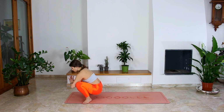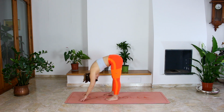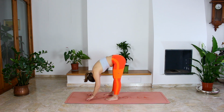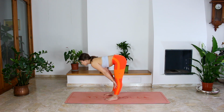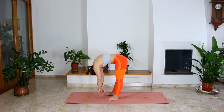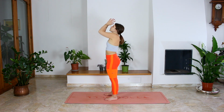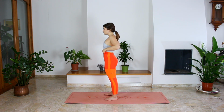You can keep the heels lifted if that helps. Exhale, release, coming into your forward fold. Your knees can be bent and you can try to lengthen your back towards the floor. Inhale, halfway lift, push your shoulder blades together. Exhale, release. And now come back to mountain pose, bringing your hands over your head, look up and